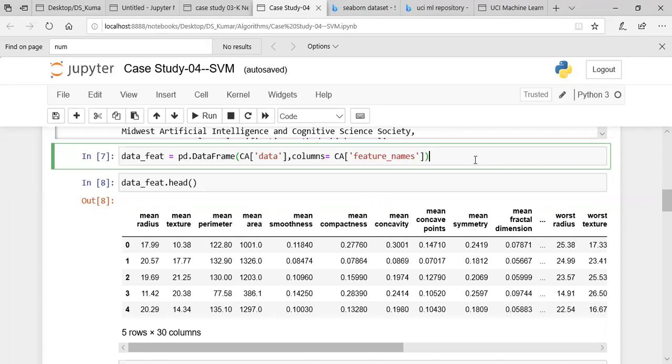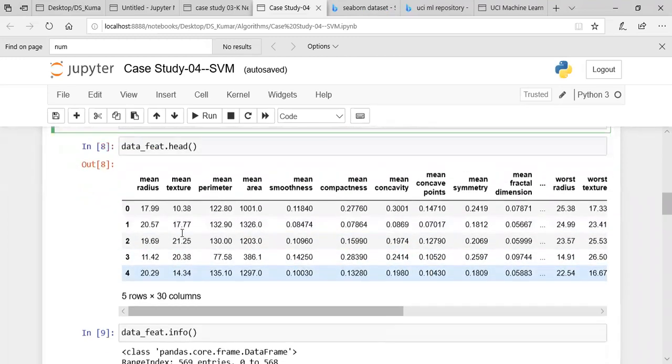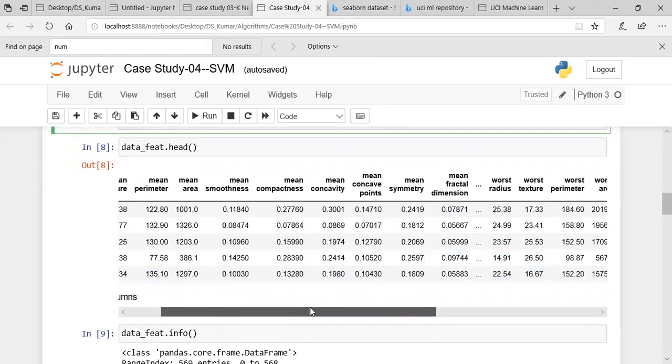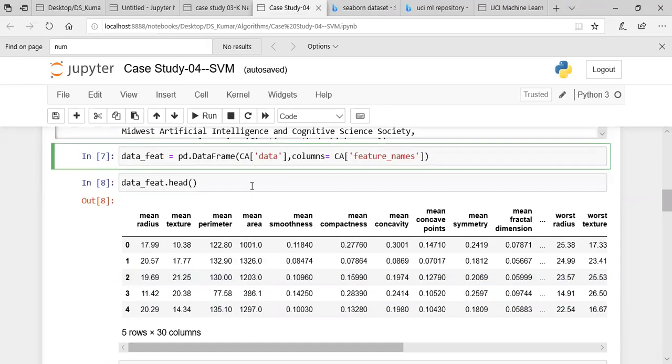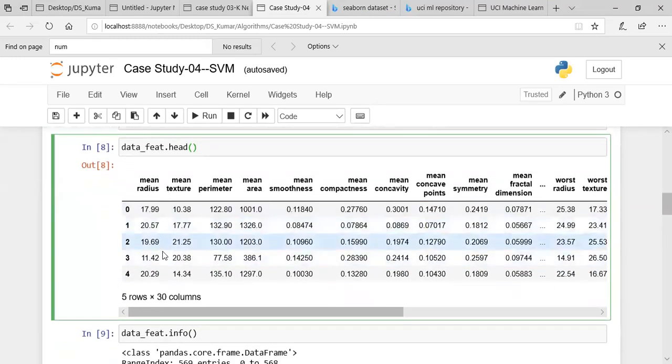Similarly, along with the data, we are just mentioning the feature names. Now, the first 5 records I am getting